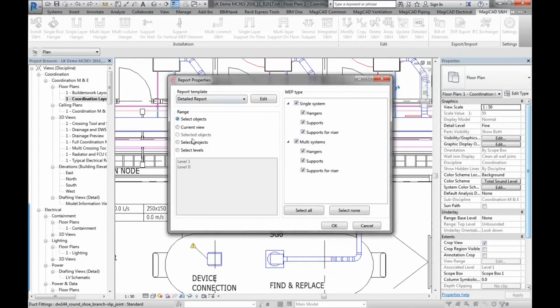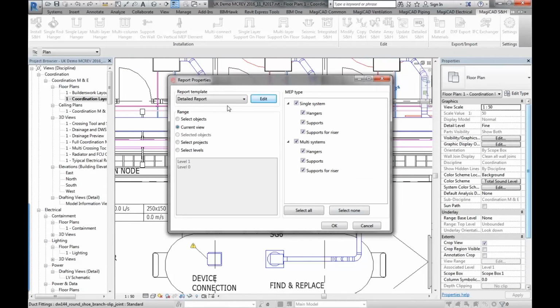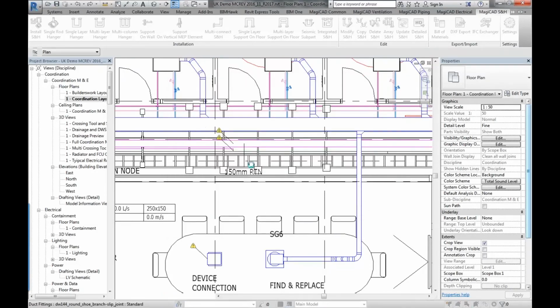The next one is bill of materials. If you click on that, you can choose to do bill of materials for different levels: current view, selected objects. You can do a detail report, summary, general, however you wish to do that. I think you can also edit the content of that report as well, so you get full flexibility of how that is created. But very quickly, I'll just use the default current view, press OK, and what we should get